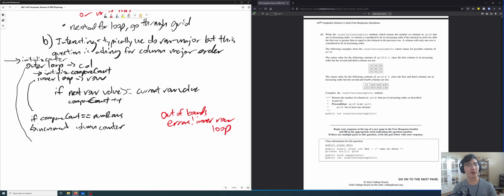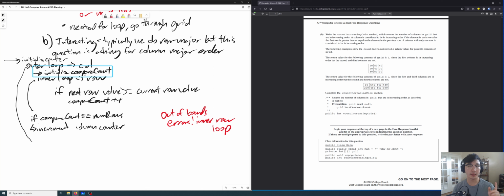So I thought about, okay, what if I have a variable out here, counter? This counter is going to be the number of increasing columns. And then here, inside my column for loop, but outside my row for loop, I'm going to have a variable that has essentially how many increasing rows in this column.